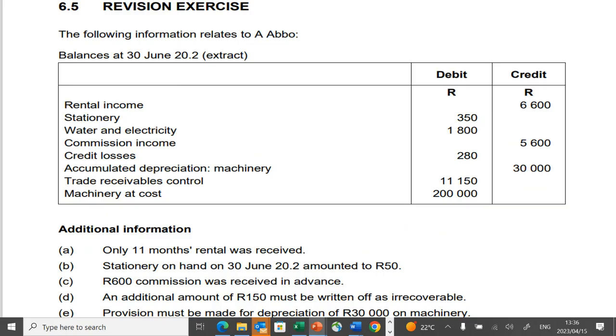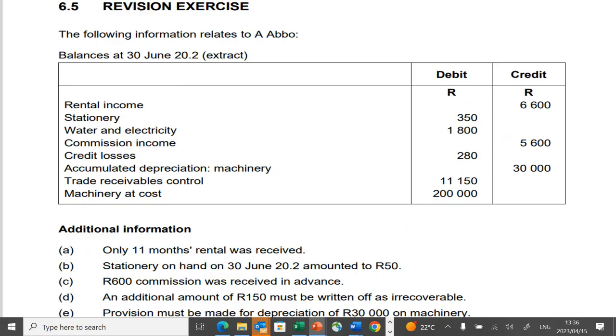So here you are given what? The following information relates to Abu balances at 30 June 20.2. This is an extract. We have rental income of 6,600. We have stationery on the debit side of 350. We have water and electricity of 1.8. We have commission income on the credit side of 5.6. We have credit losses on the debit side of 280. We have accumulated depreciation on machinery on the credit side of